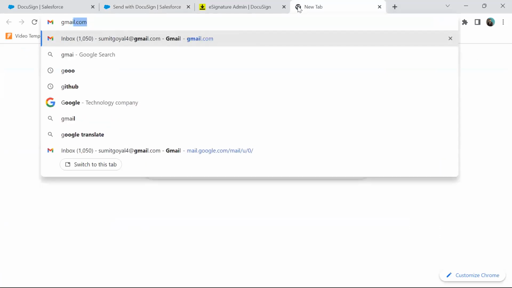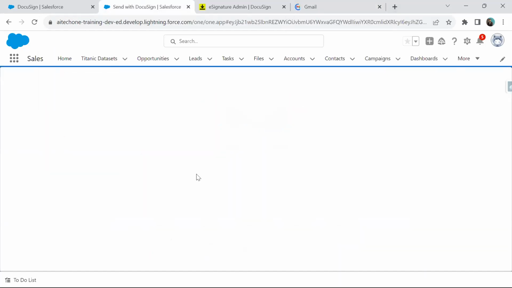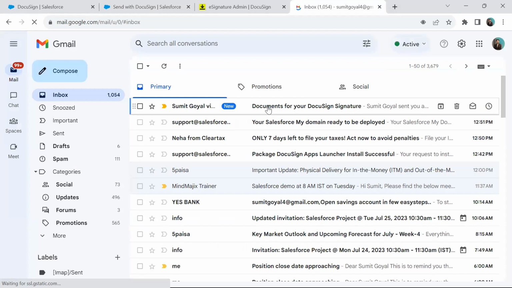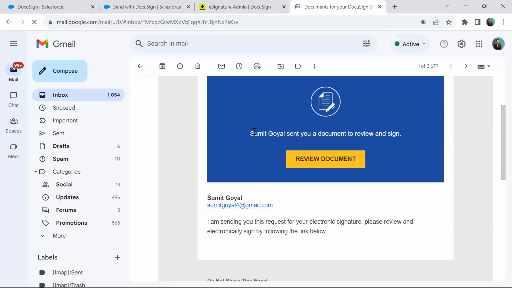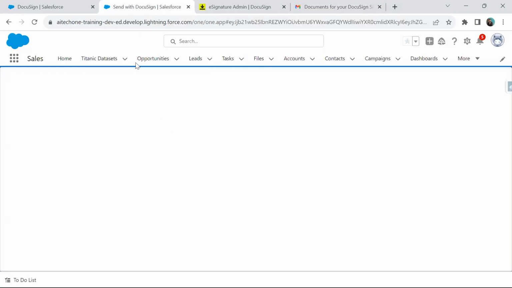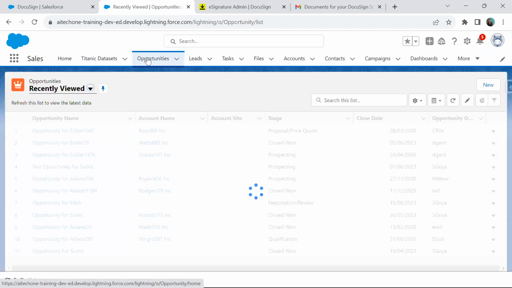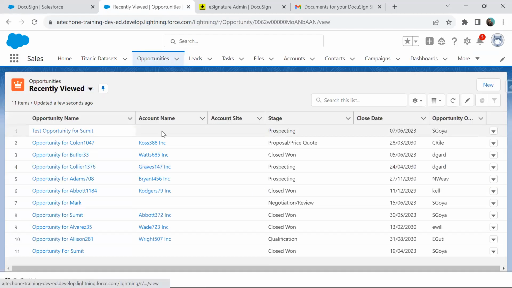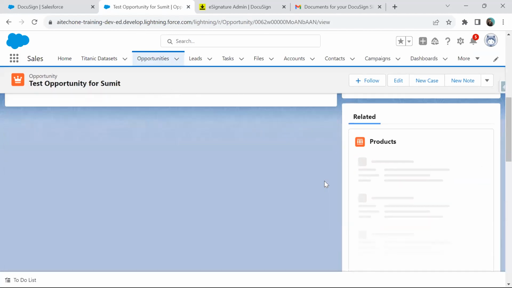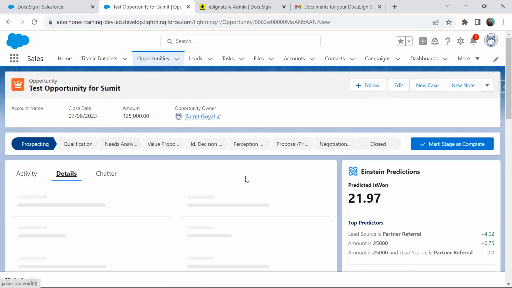Now, let me open my mailbox because it will send an email, in order to check whether I received any email or not. As you can see, I have received an email: document for your DocuSign signature. Sumit Goyal has sent a document to review and sign, and that particular record is still waiting for the signature. When I open that opportunity again, test opportunity for Sumit, and go to details,